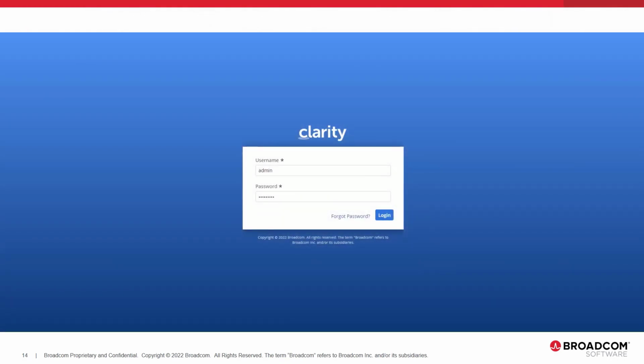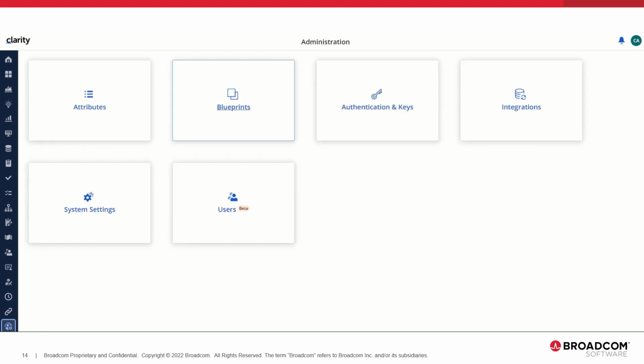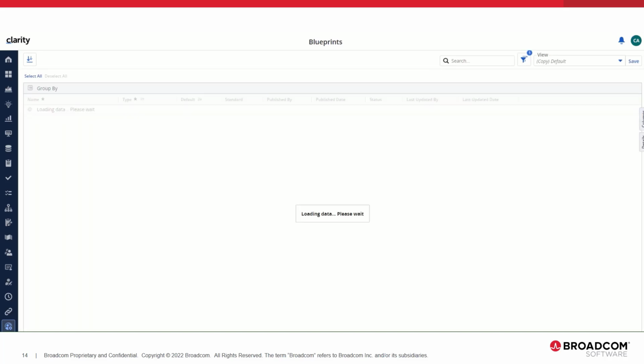Let us go through the demo of conversations module on master objects. I am logging in as admin into Clarity system, navigating to administration workspace, going to blueprints. Business outcomes is a custom investment and we would like to use this custom investment for this demo purpose.